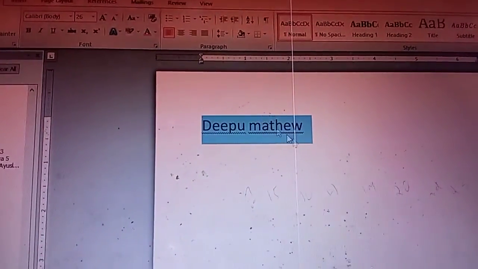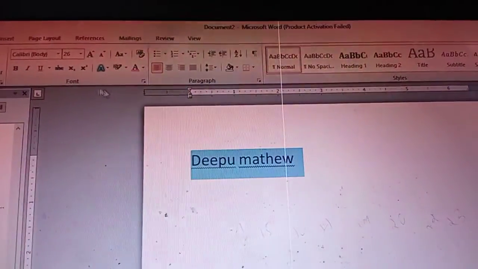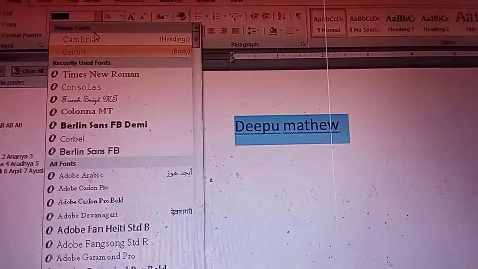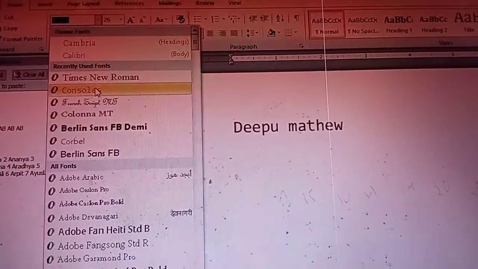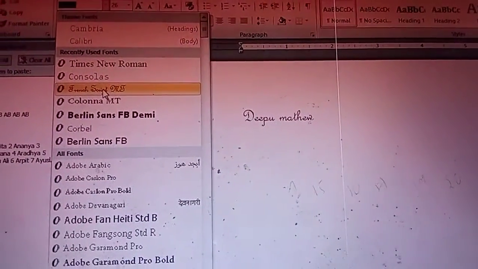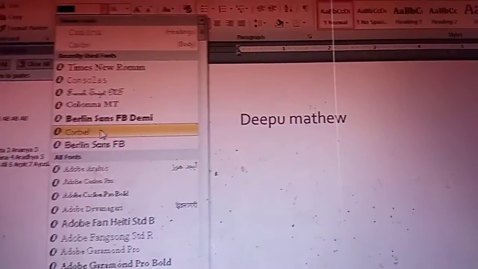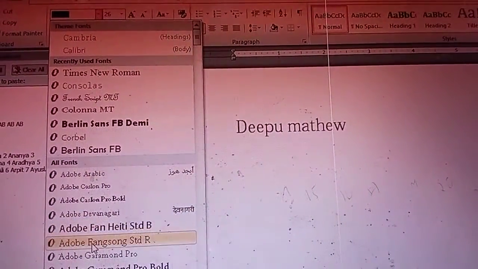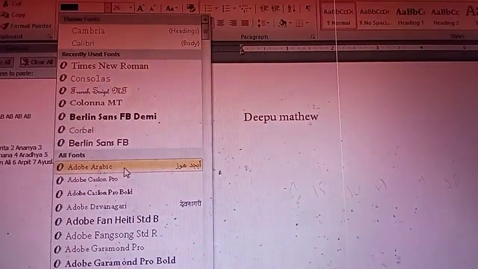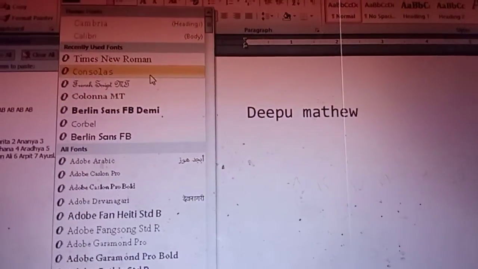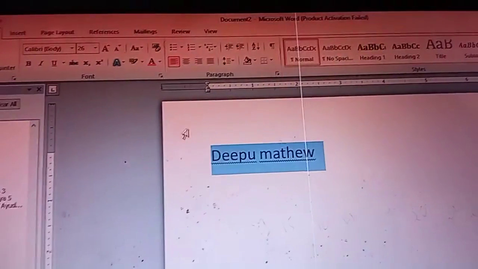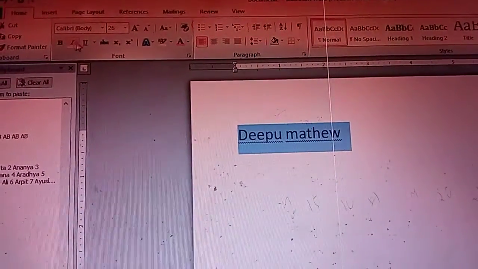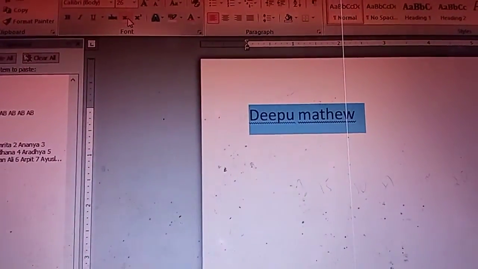For example, I write Deebu here, then I select it, and here too many font styles are available. Look at that. If you change this, on the right side you can see the word is also changing. So these are different types of styles. This is called a font style. We can also change the font. Today we studied that we can change the size, the font, make text bold, italic, underline, and make a subscript and a superscript.